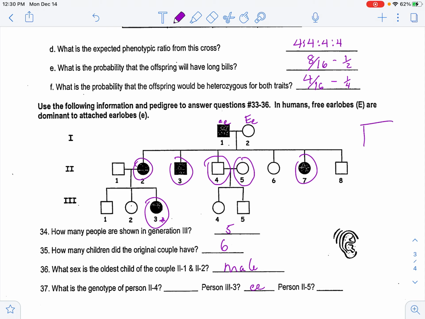So that means if you were to do a Punnett square, the only options are you're going to have a recessive little e, little e, or a heterozygote, capital E, little e. Okay? So that means capital E, little e, capital E, little e is the only option for these two based off of that Punnett square. Okay, I hope this